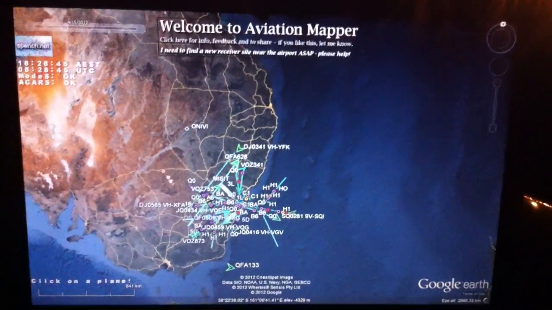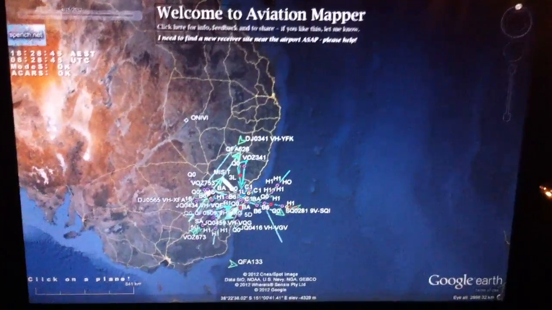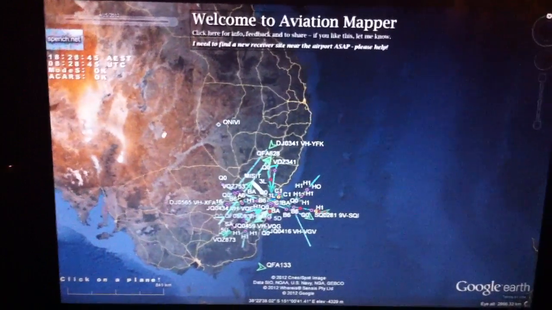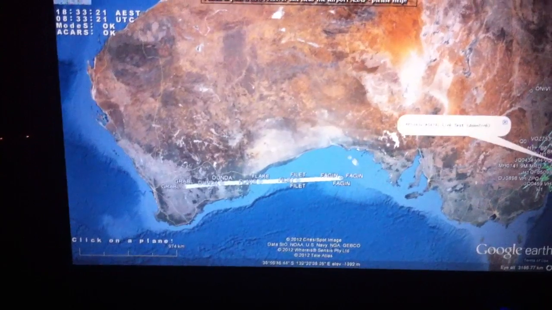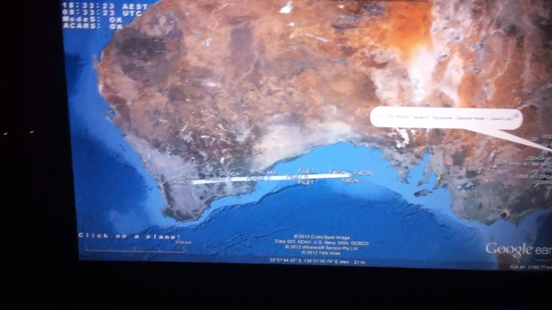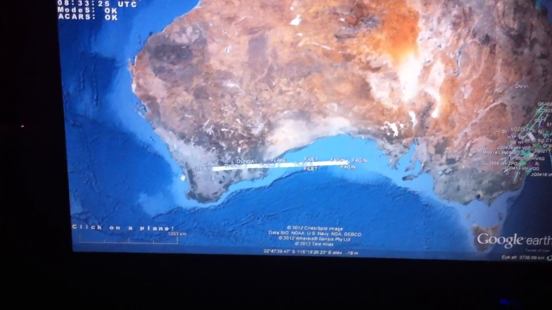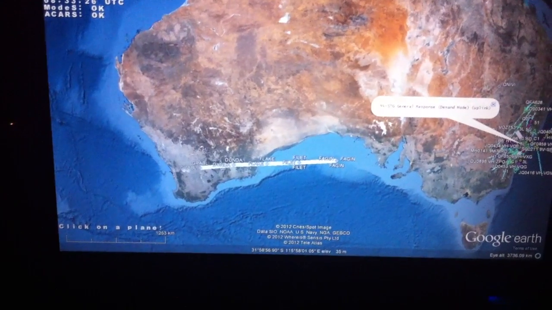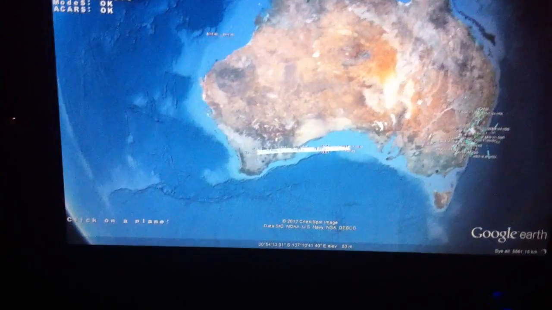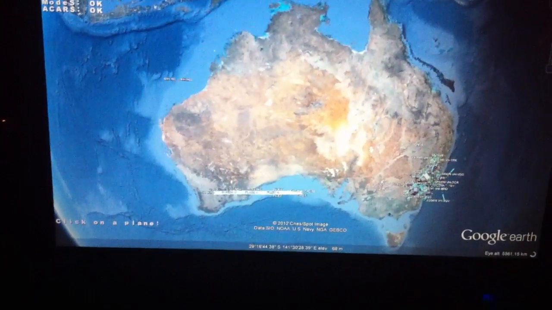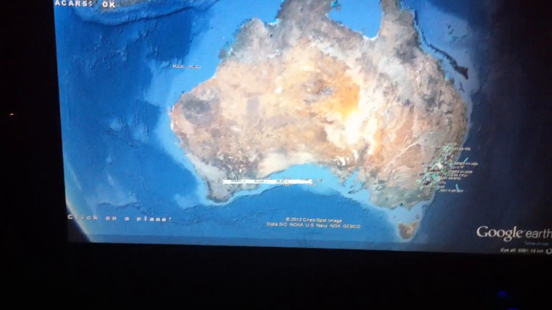And ideally, I'd really like to see Aviation Mapper covering the entirety of Australia. You can see, for instance, there's another flight path that's been emitted that covers this western portion of Australia, somebody obviously travelling down here in Western Australia. You can see that there are plenty of ACARS messages and trails missing from the rest of the country,